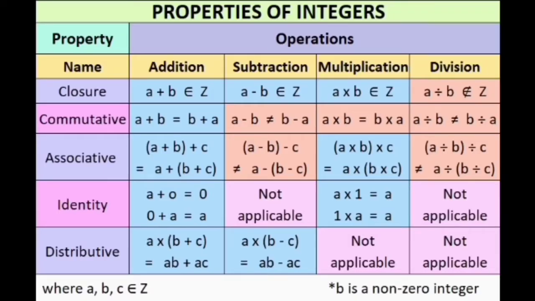What are the properties of integers? Here, see the table. The closure property holds over addition, subtraction and multiplication, but does not hold in division. Why? Leave it for yourself. Here also the commutative property holds over addition and multiplication. Similarly, the associative property and distributive property also hold over addition and multiplication. Why are these properties not used in subtraction and division? Just think, leave it for yourself.